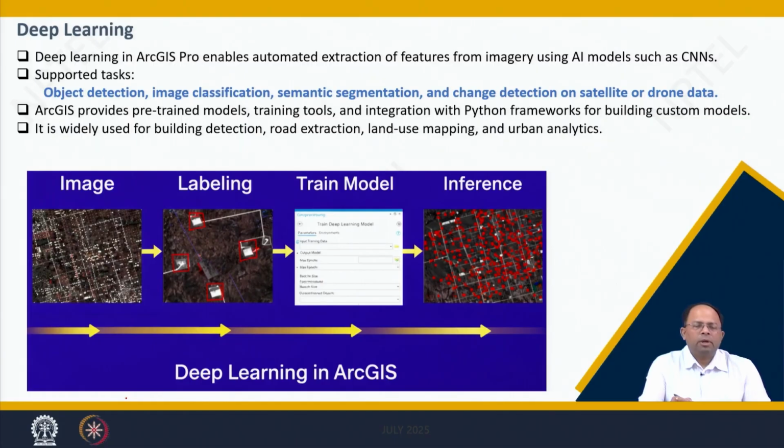So the workflow is something like we start with the image, then we have to do labeling. Labeling basically means that we create a bounding box, like we did earlier also, against that particular item that we are trying to identify, and then we will train the model to find those particular things in the other parts of the image. And you can see that this is the inference that we are getting, which is identifying